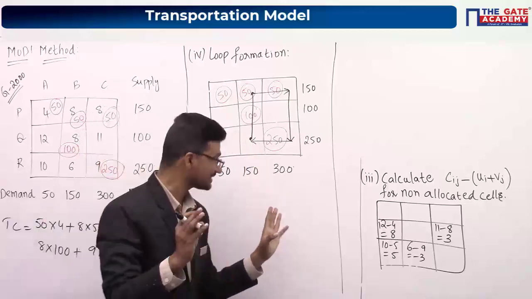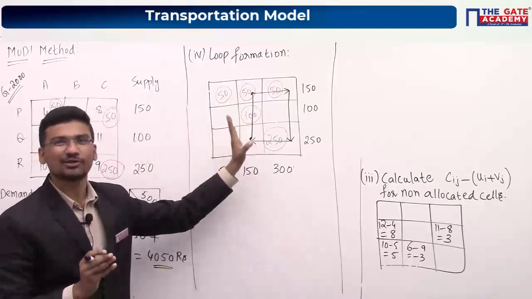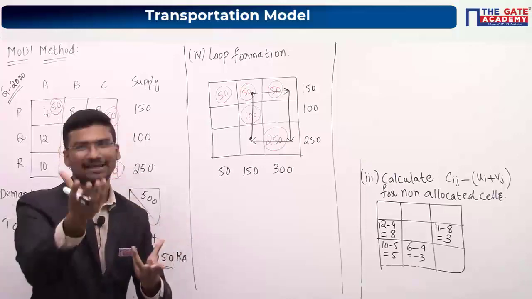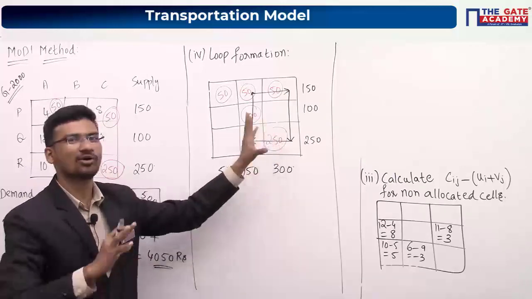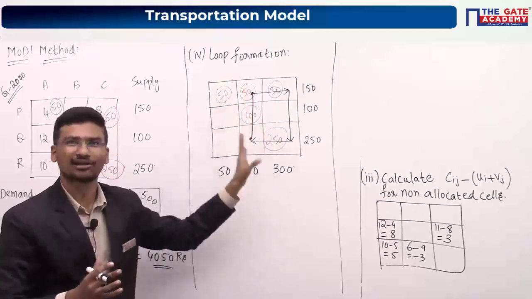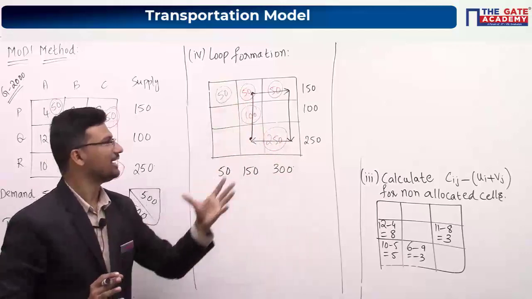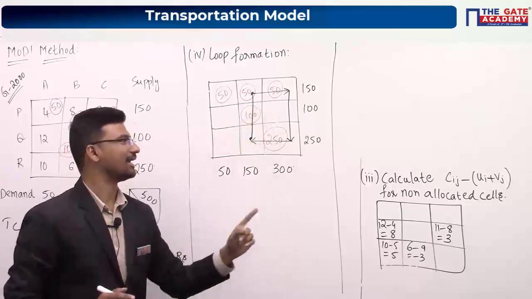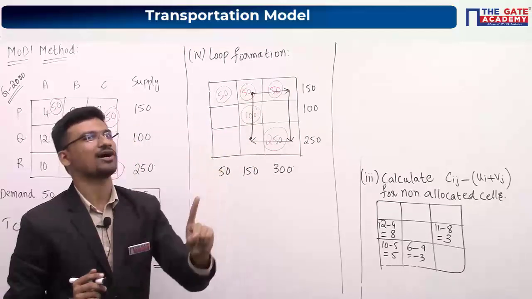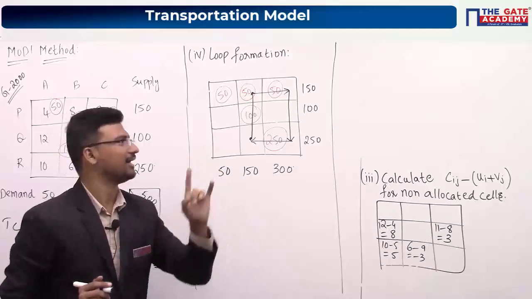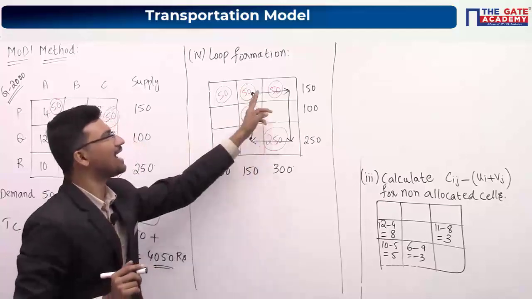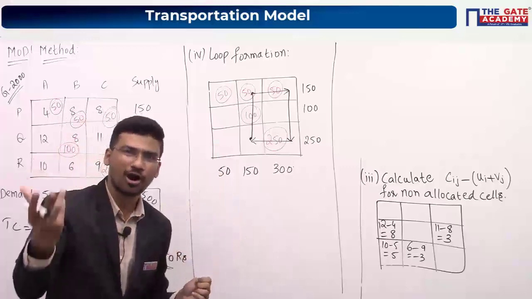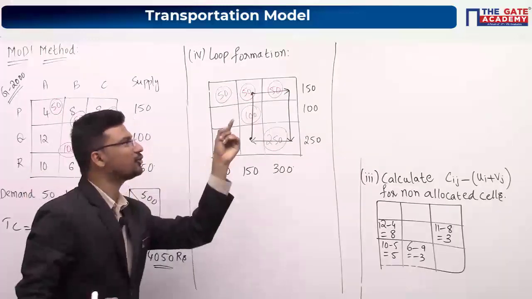Don't worry. So I am getting some comments. So any doubt in this loop formation? Just think, can we form a loop in any other way or is it the only way? Okay, clockwise, anti-clockwise, that I agree. Is any other possibility there following those rules which I have already given to you, like a loop should contain only horizontal, vertical straight lines and a loop can take a turn only at the allocated cells. So like that I have given you some points, right? By following those points, is there any other possibility to form a loop?